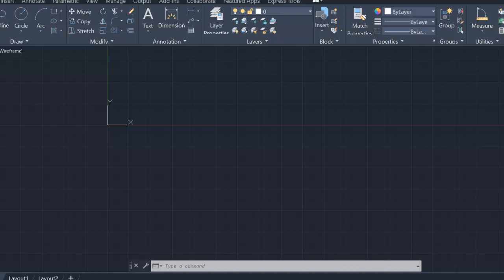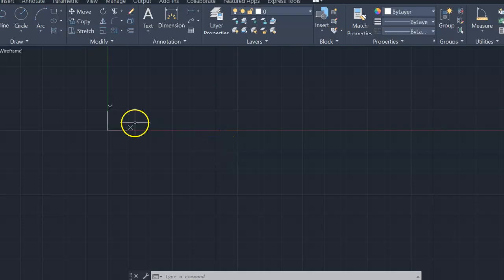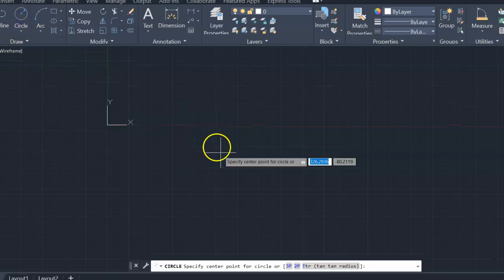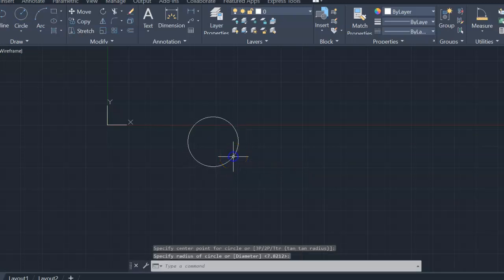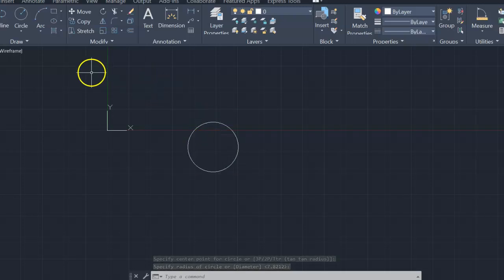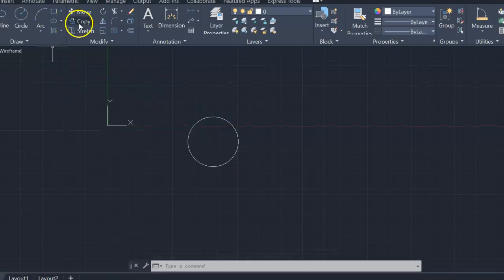So hey guys, today let us see some more basic commands in AutoCAD. Okay, now I'm going to take a circle from this draw section of any radius. Okay, and now if I want to copy this circle, I'm going to take this copy command